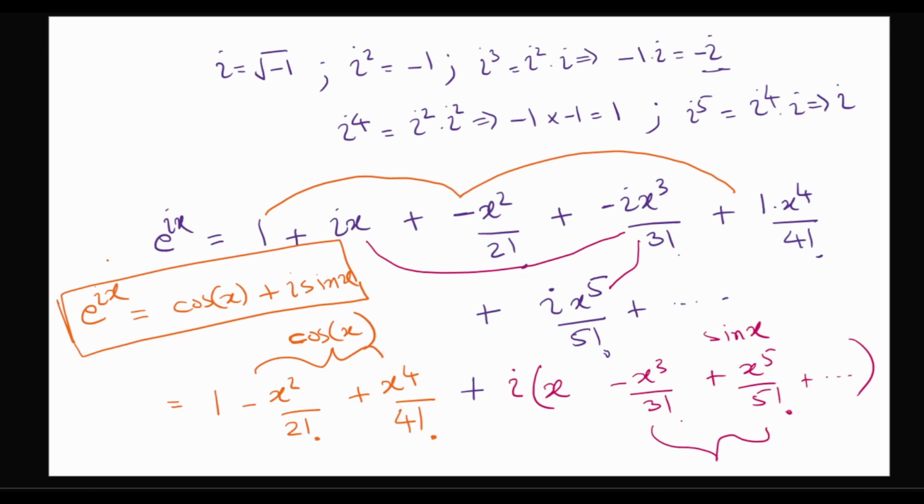As a particular case, if I plug x equals pi into this relation, I get e to the iota pi is equal to minus 1 plus 0, and thus e to the iota pi plus 1 equals 0. This is Euler's identity, which we will use a lot in our upcoming lectures on